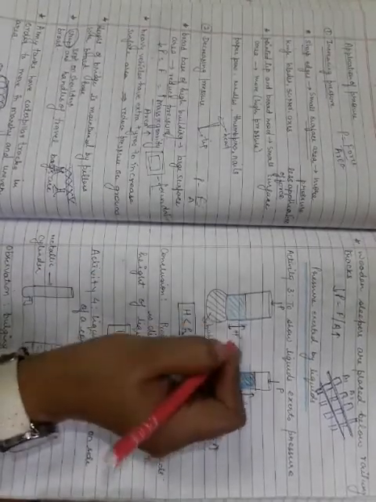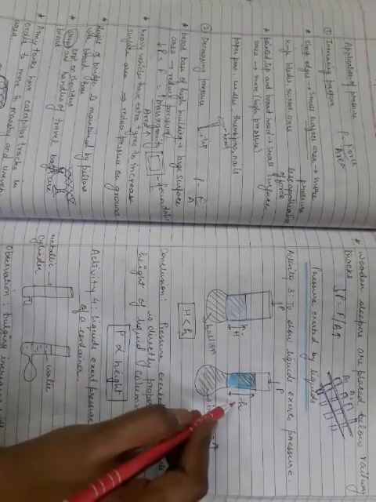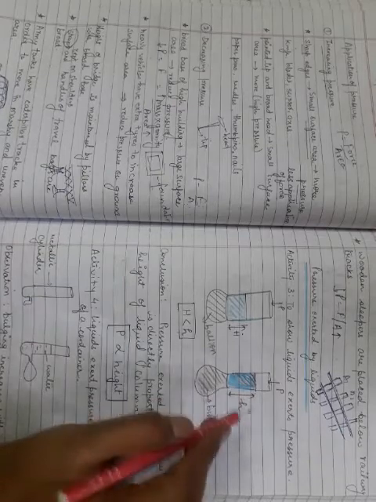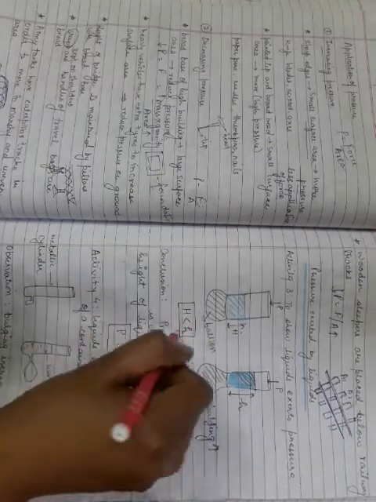The conclusion is that pressure exerted by liquids is directly proportional to the height of the liquid column. This is the height of a liquid column. Capital H is the height of the liquid column in case 1 and small h is the height of the liquid column in case 2. From both cases, by observation we see that capital H is smaller than small h. So from here we infer that pressure is directly proportional to height. That means if I want to increase pressure, I have to increase the height.